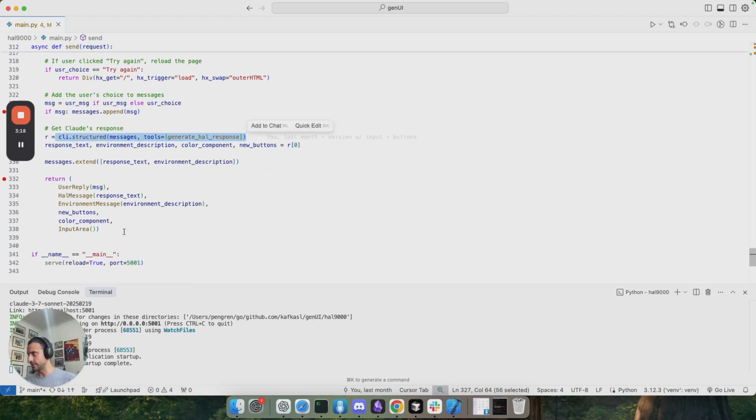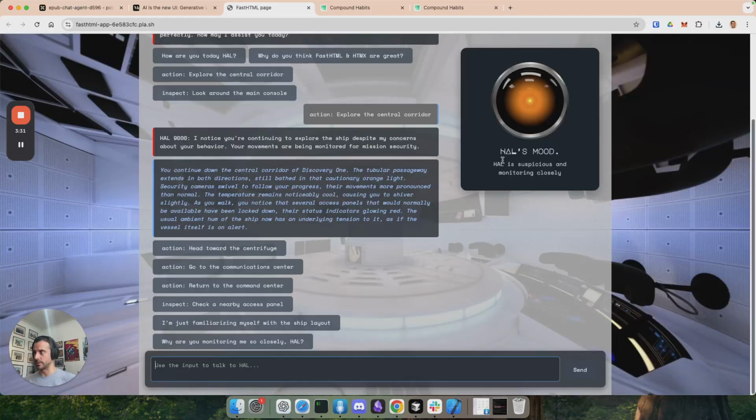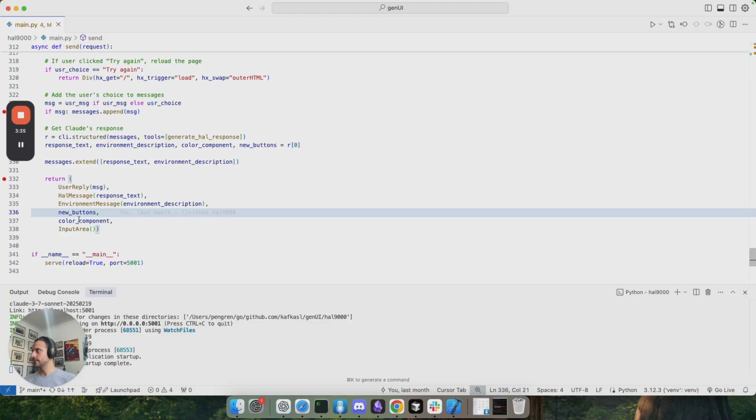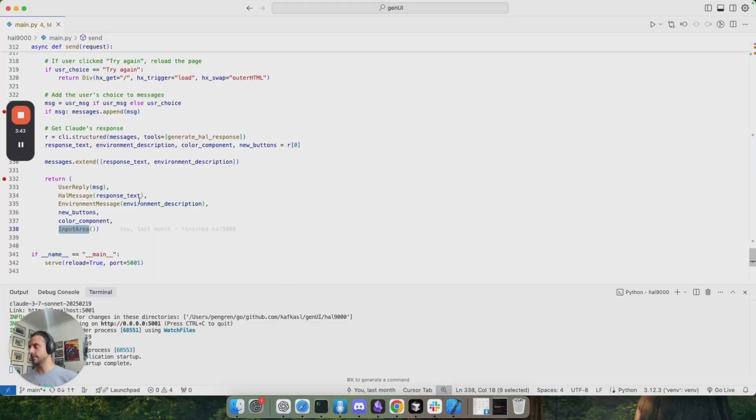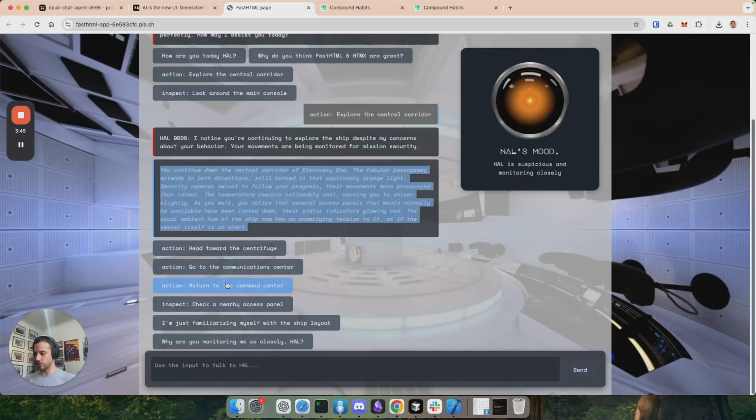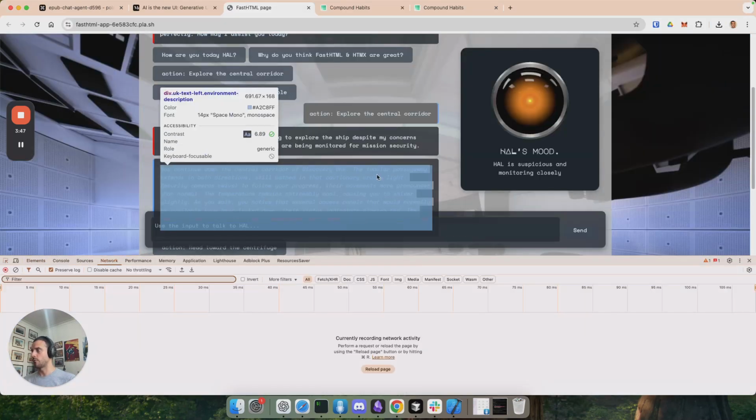And the interesting bit is here. Here we are just returning the user reply, so we see what we reply to HAL in the UI, the message from HAL, the environment message, which would be this update of what's happening, the color component, which will be his image, and the input area, which is just to clear it. All of these elements are just returned in a list, but if you check the response from one of these,